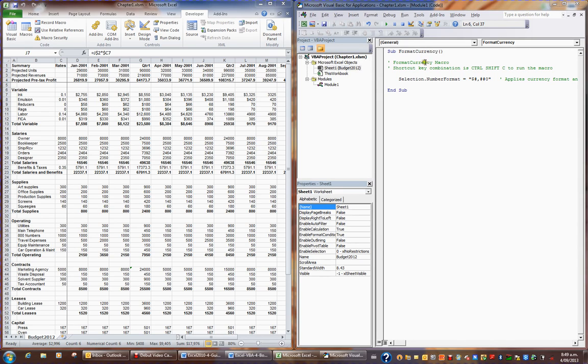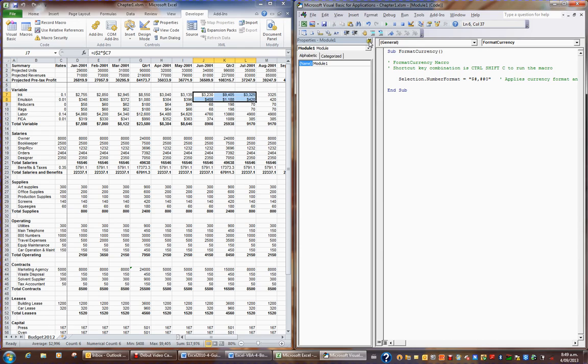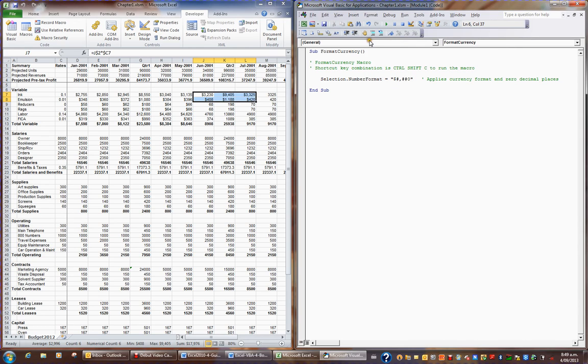So that I can see the code more clearly, I'm actually going to close the Project Explorer and close the Properties window. Alright, now what I'd like to do is record another macro. So I'm going to select a range of cells, and that's A15 to A20. And I'm going to record another macro, and as I record the macro, I'll be able to watch the code